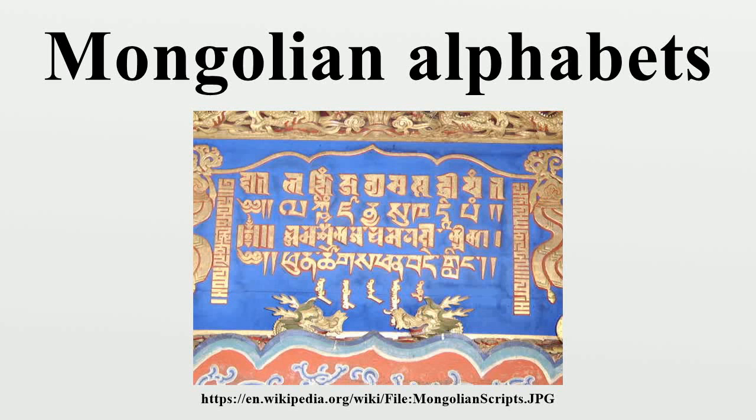Many alphabets have been devised for the Mongolian language over the centuries, and from a variety of scripts. The oldest, called simply the Mongolian script, has been the predominant script during most of Mongolian history, and is still in active use today in the Inner Mongolia region of China. It has spawned several alphabets, either as attempts to fix its perceived shortcomings, or to allow the notation of other languages, such as Sanskrit and Tibetan.